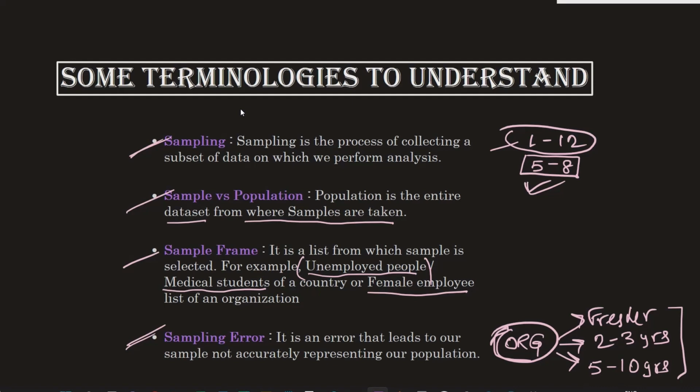But let's say you are taking out the sample or data only for freshers. In that case, the data collected only from this particular sample frame will not accurately represent the data for the entire organization. And this is what sampling error actually means. It is an error that leads to our sample not accurately representing our population. So of course, if you are collecting the sample only from the freshers, that will not accurately represent the people or employees from the other two